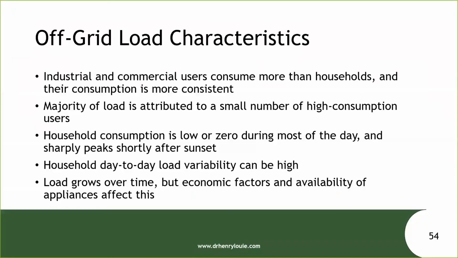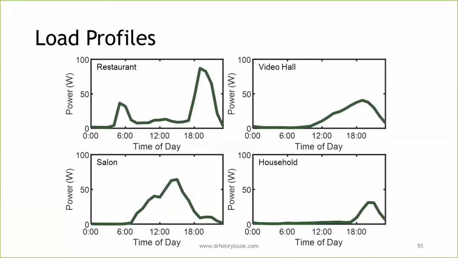Most of the load profiles are going to be such that most of the consumption for households anyways is in the evening, which of course is a problem with solar. It means you need to have a larger battery. There's a lot of day-to-day variability, and although most people report a growth in load over time, it's not universal. Here are just some examples of load profiles that you might see for different types of users. Ideally, if it's a solar system, you want most of the energy to be consumed during the day when the solar is producing, but unfortunately, most households and many businesses consume in the evening when it's dark.